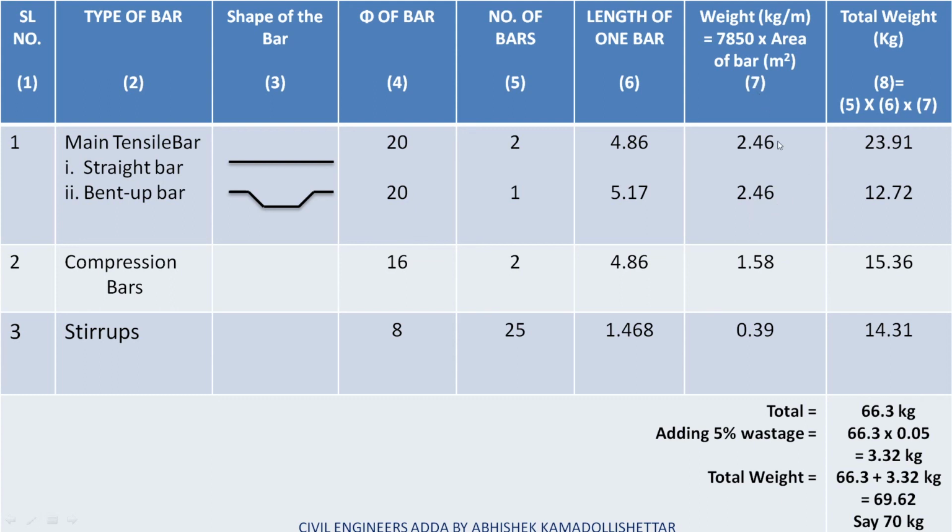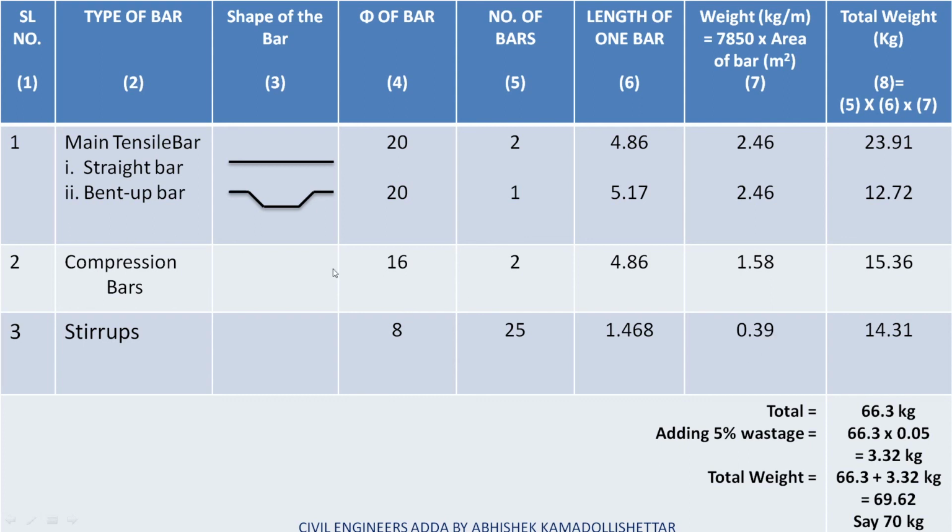since we are calculating standard weight, that is pi by 4 into d square, the value remains same here. If the diameter changes, then only the value of the column number 7 changes. Only if the diameter of a bar is changing. See, the diameter is same in column 4 for straight bar and bent up bar, hence the weight is not changing here. See a 16 mm dia, now it has changed to 1.58 kg per meter. Stirrups 8 mm dia, 0.39 kg per meter.